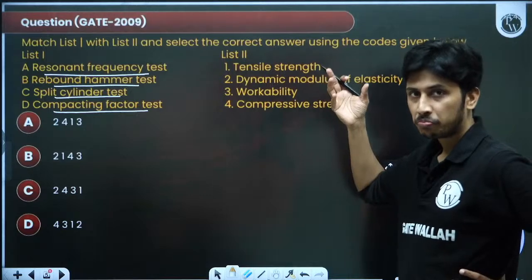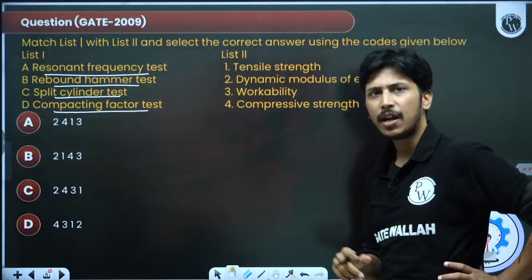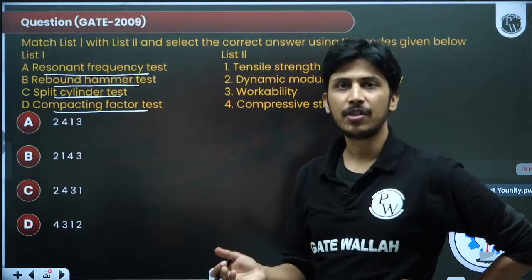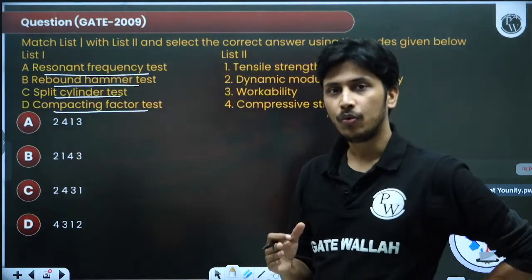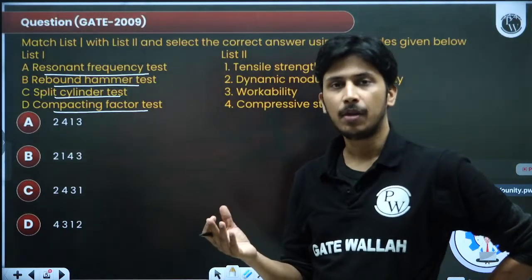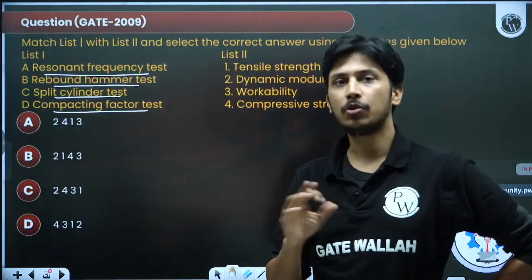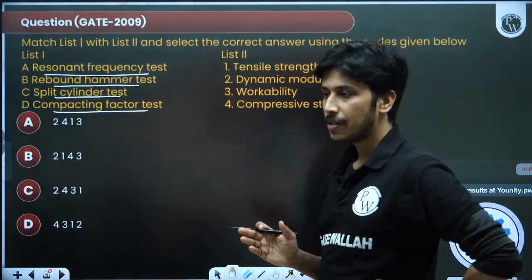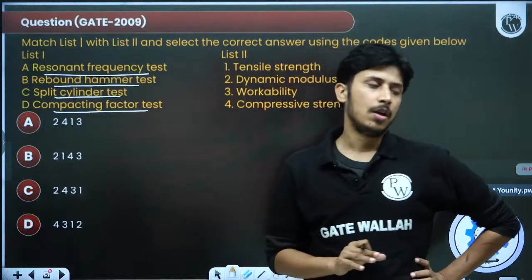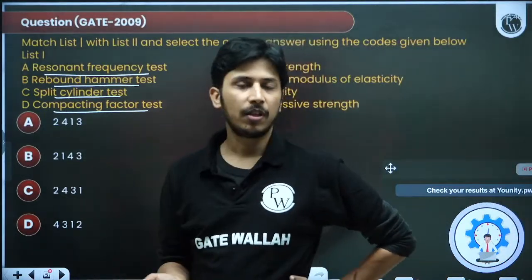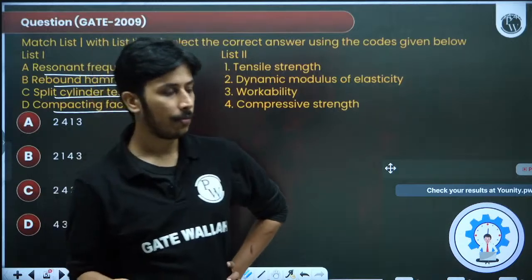Assertion type questions are not yet asked in the GATE exam. Assertion-reason type of questions are asked till now in the ESE exam. But there will be no surprise if this year GATE asks assertion-reason. So we are not expecting assertion-reason type of question till now. But if GATE has asked this in the 2025 exam, then there will be no much surprise for this. But till now they have not asked.